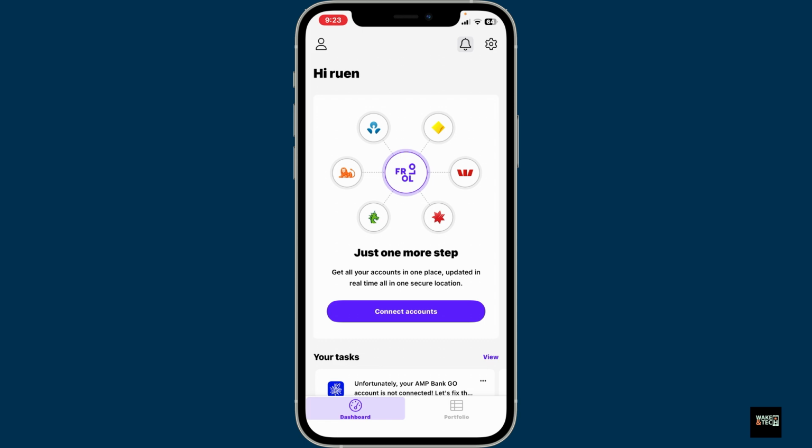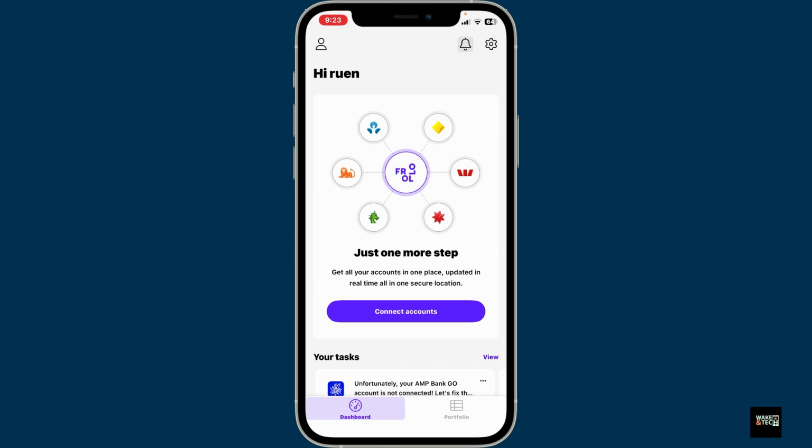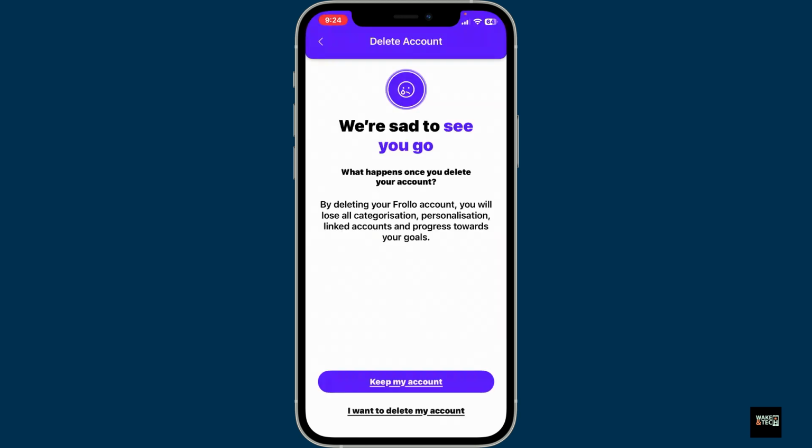First of all, open the Frollo app on your device. Once you're inside the home page of Frollo, logged in, go to the upper right corner and tap the gear button. Now, inside the settings menu that pops up on the screen, go to the very bottom and under account ownership, you'll see the delete account button. Tap on that, and then click on I want to delete my account on